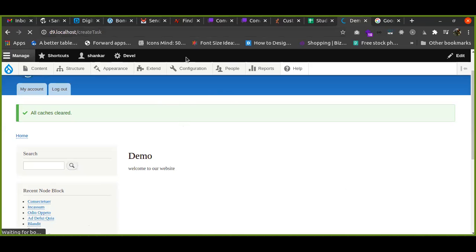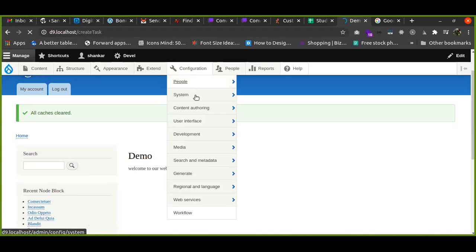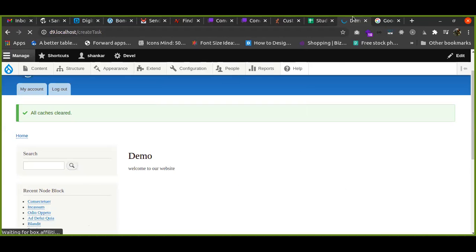This is the route. I am just navigating to system, custom form configuration, admin configuration. That is why the page is loading. This is the page load in my local setup. That's why I was not able to show the demo yesterday. But okay, till then we can see the coding part.